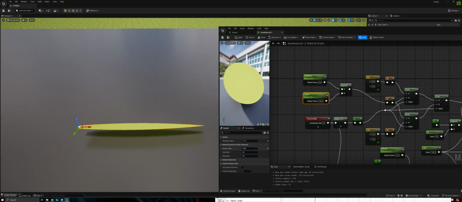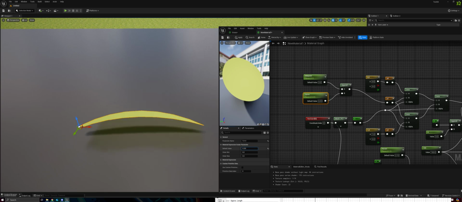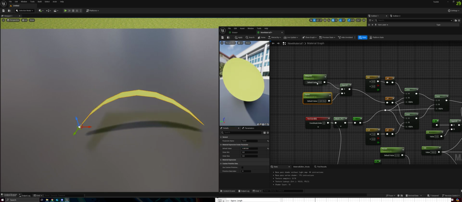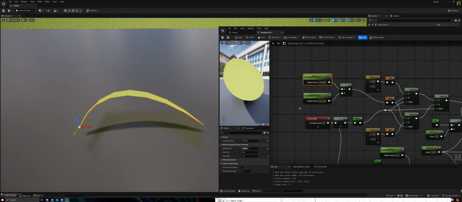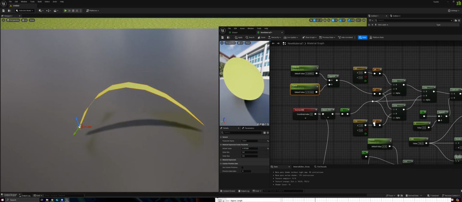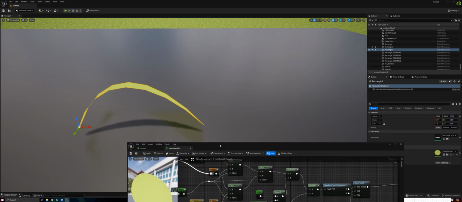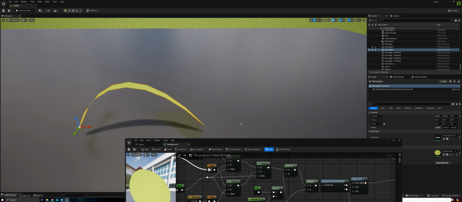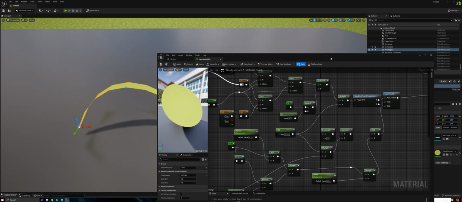So now, if I adjust the curve, you'll see our grass blade is curving, and our midpoint is being adjusted back and forth, which is great. So now we can really define the shape of our grass. There's not much reason to actually adjust the first and the base point, because if I wanted to adjust the first point, all that's really going to do is either lengthen the whole blade or rotate the whole blade. And we can already do that by changing the blade's transformation,